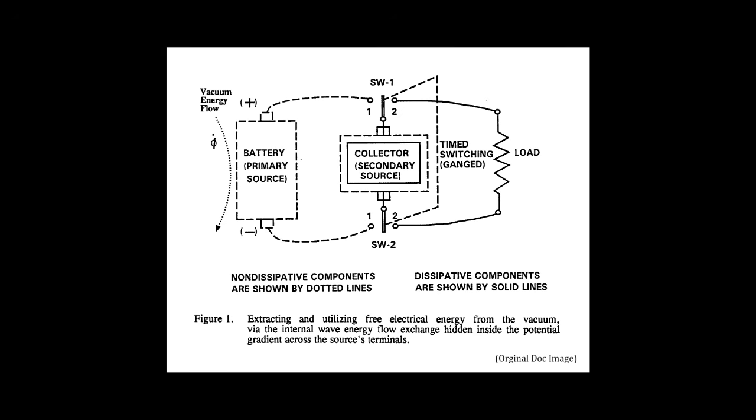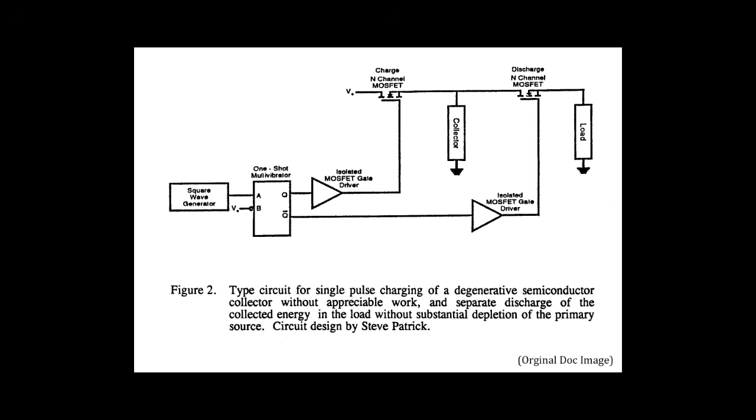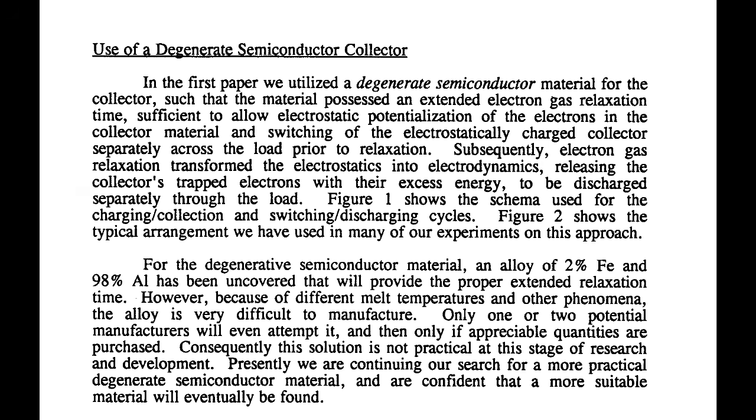Subsequently, electron gas collectors trapped electrons with their excess energy to be discharged separately through the load. Figure 1 shows the schema used for the charging/collection and switching/discharging cycles. Figure 2 shows the typical arrangement we have used in many of our experiments on this approach. For the degenerate semiconductor material, an alloy of 2% iron and 98% aluminum has been uncovered that will provide the